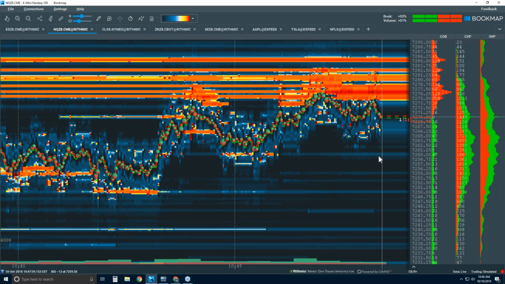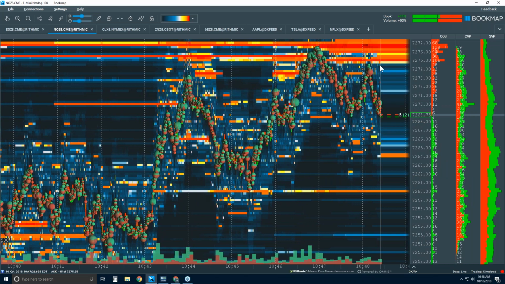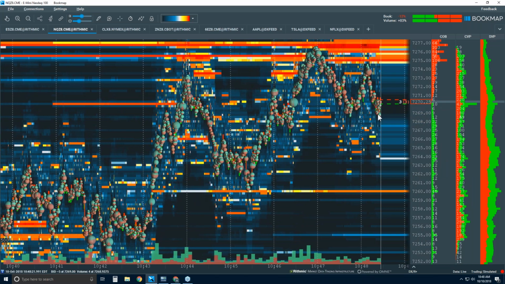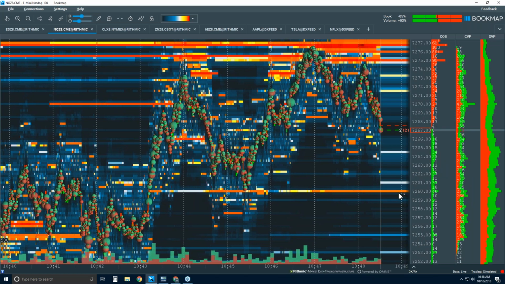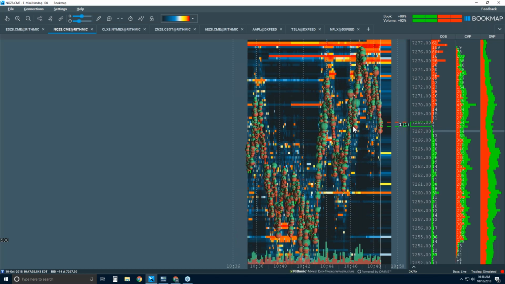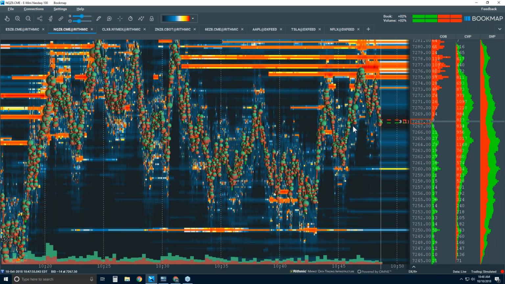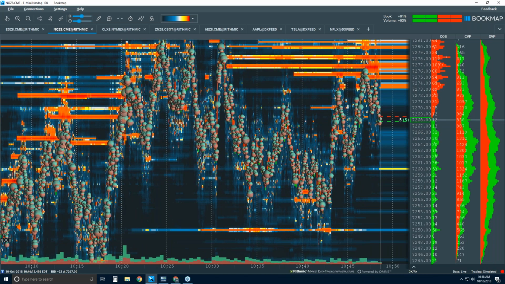We can zoom in here and start to get that insight. Buyers aren't willing to take these guys on, so I'm looking for sellers to come in. Let's see if they can get it down into maybe 64 or 60 again here, just by reading this. That's it. So let's go over the other two elements on the chart and the